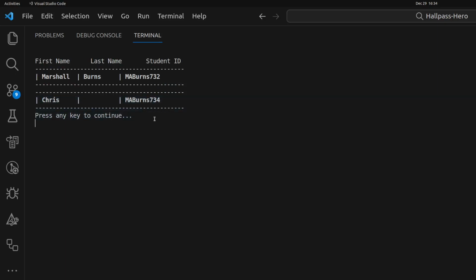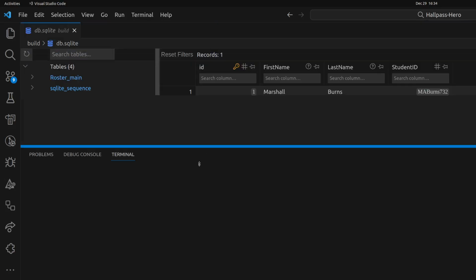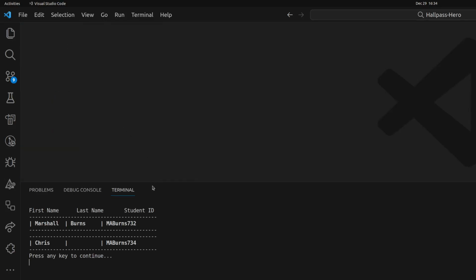So that's what I've been working on, the first couple hours or a few hours of being back to working on my side project. The next step will be cleaning up the code more and the UI. And I also want to start working on the search functionality. If I want to search for, say, Chris amongst 30 students in a database, I want to search for that. So that's next. But that's about it for me for right now.